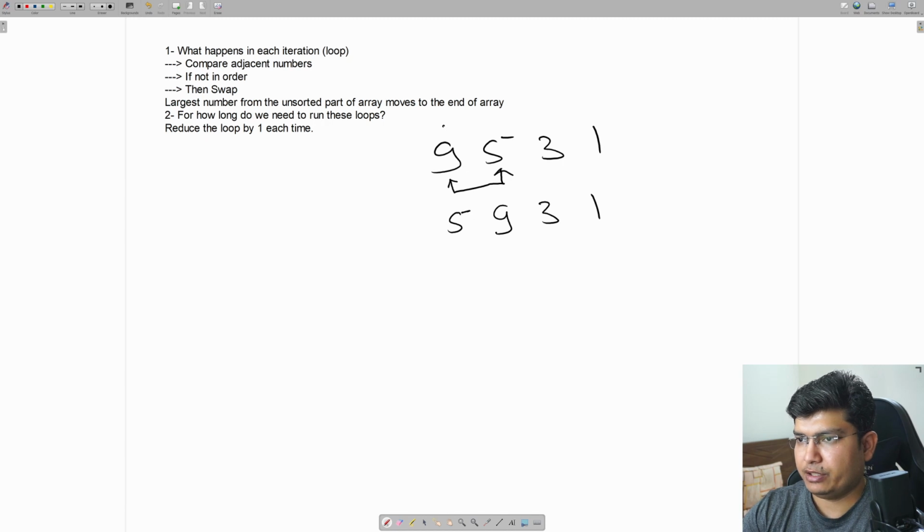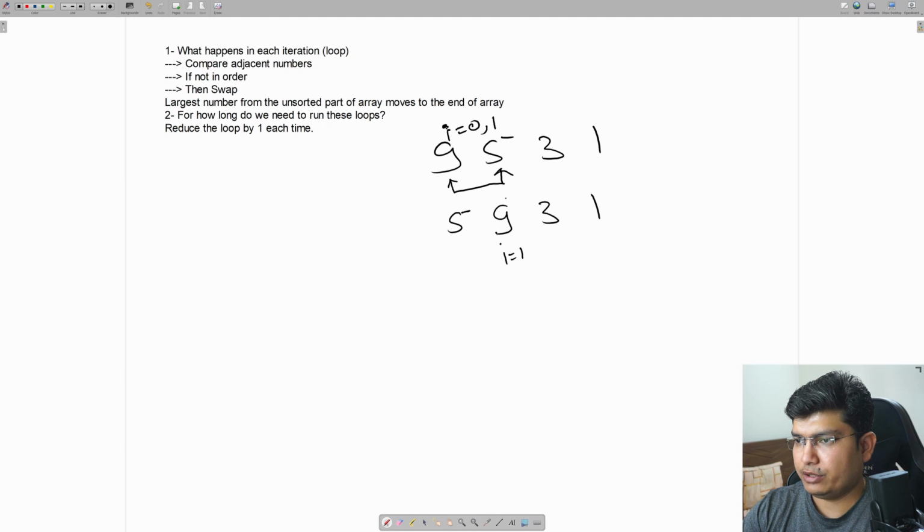I started from here and I compared, let's say this is the position where i equals 0. So I compared i and i plus 1, and I found that they are not in the order, and then I swapped them. Now I move to i equals 1,